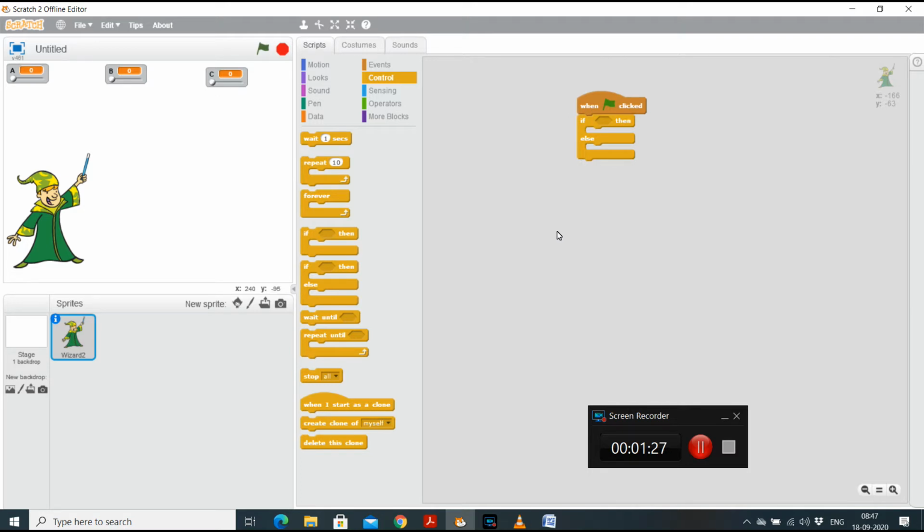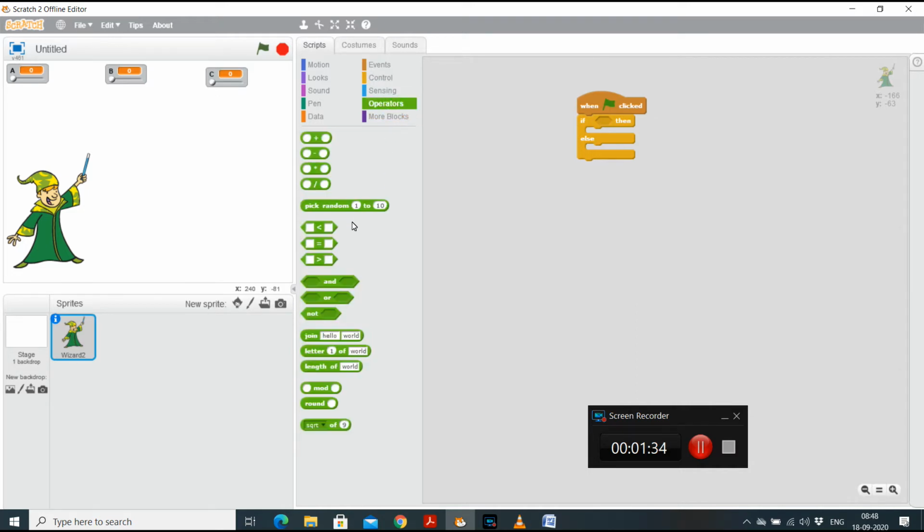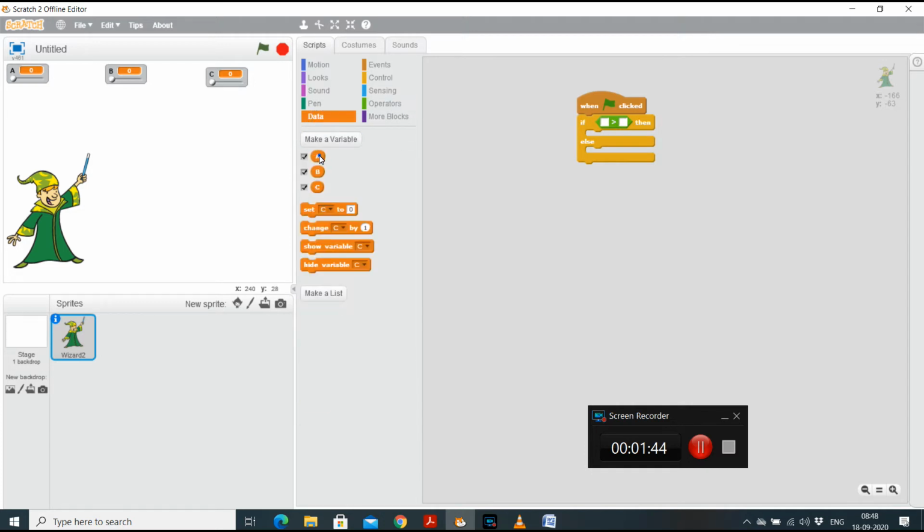Here first we have to compare A with B. So let me select the operators and greater than condition. So first I will compare A with B. So I will select A here and I will select B here.